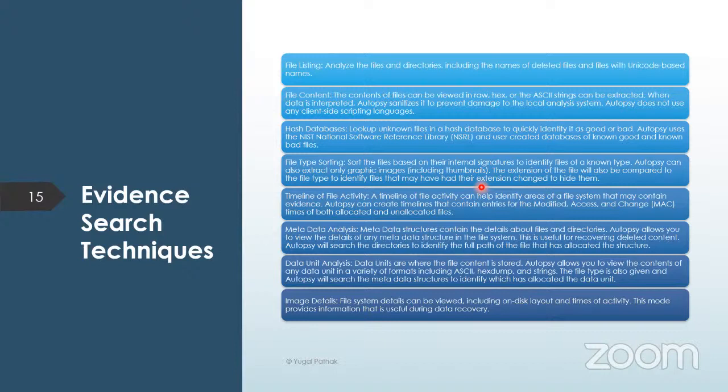And last is the image files. File system details can be viewed by mounting an image into a system, and there you can also do data recovery. You can view it as a proper file system, as a proper drive, when you are mounting it. So through an image also you can view it. Now coming next,